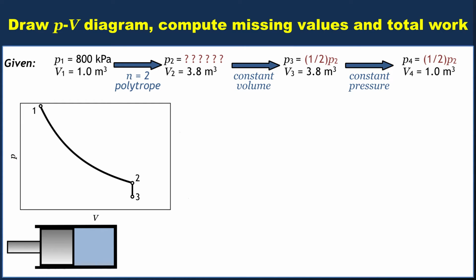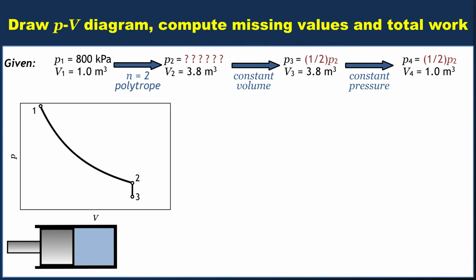Now you may notice that the piston didn't move during that process. It's not because I got lazy with the animation, it's a constant volume process. The piston doesn't move. Okay, that's weird. How did we decrease pressure without changing the volume? You'll have to think about that a little bit. One thing we're not accounting for in any of these calculations is heat transfer, so we really don't know what's going on with the total system energy. We're just worried about what's going on with the work for now.